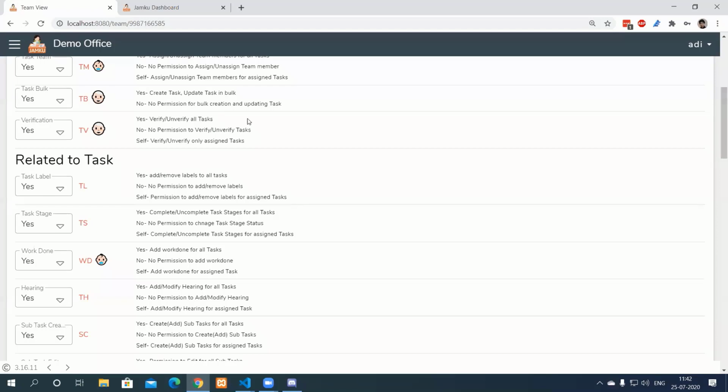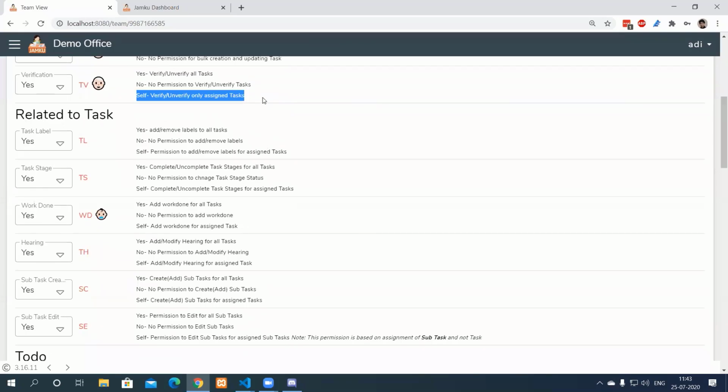Of course, billing status can be changed even after verification. All the other details of the task cannot be changed, for example stages, to-dos, subtasks, task status changes, all those things would freeze. So that's why it is a very important permission. Self means that the team member can only verify the task if he is himself assigned to the task.